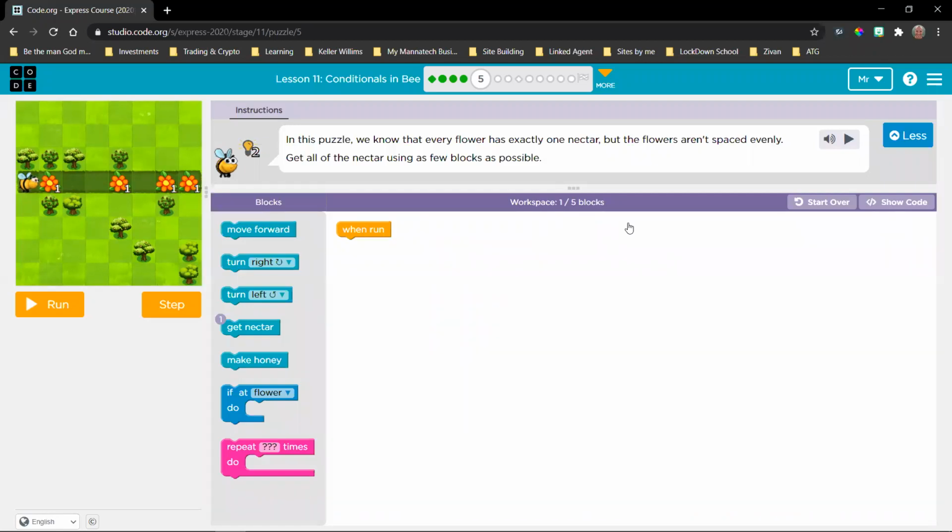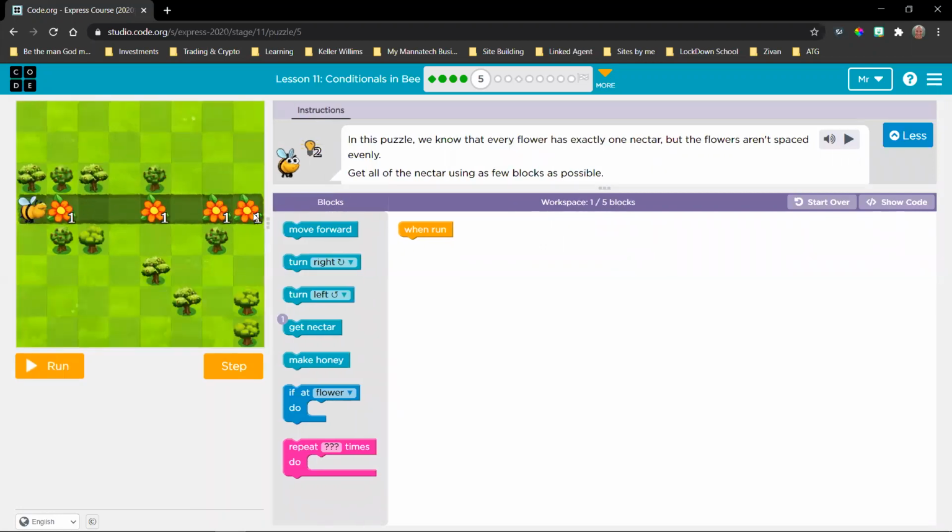Okay, so in the previous puzzle, we saw that using these conditionals help us when we do not know what is coming next. But they also have another application where they help us out a lot. And that is not only for when we do not know what is coming next, but for when we cannot identify a set pattern, right? That's probably more often used than just having a situation where you don't know what is coming.